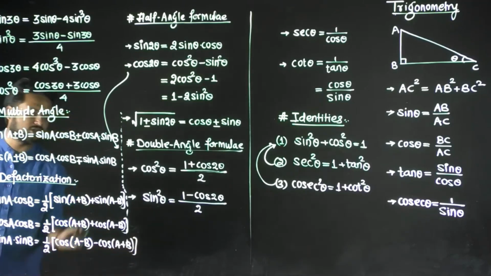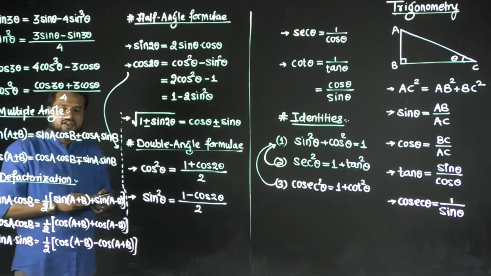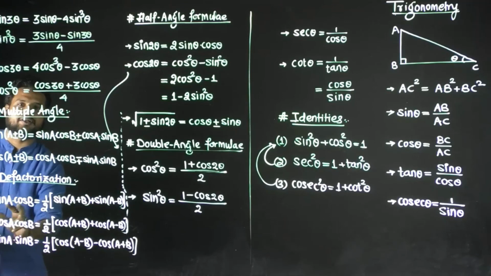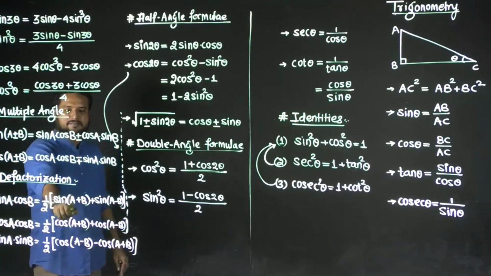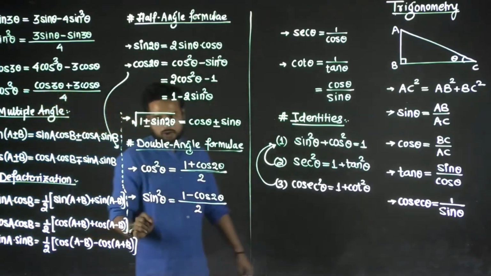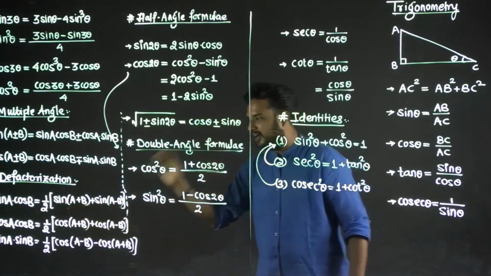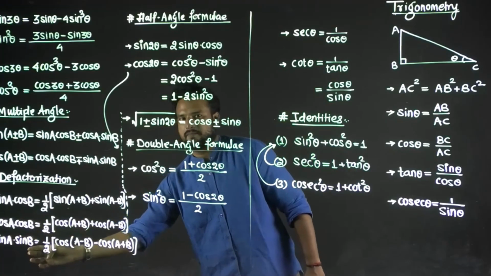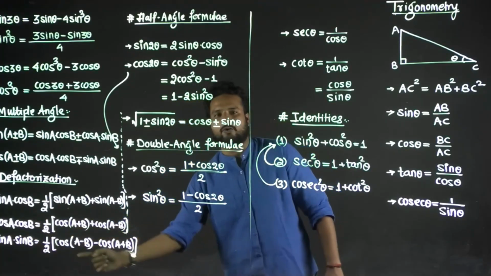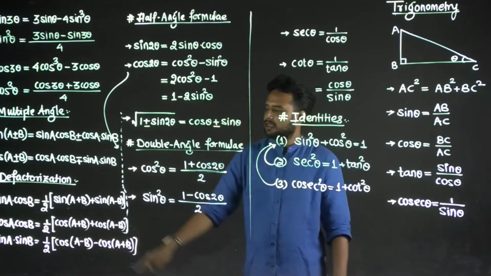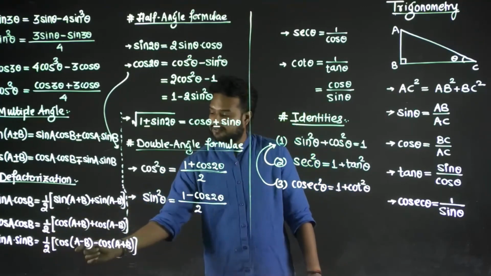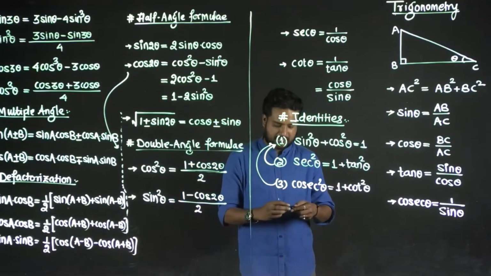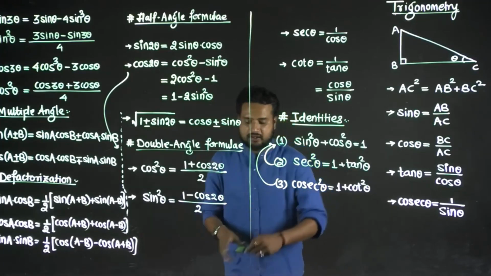So basically the bottom line I can say is this. If I do have two different trigonometric terms, sine and cos, then my answer will have sine terms involved. And if I have similar terms like cos cos or sine sine, then this formula is going to include cos. Clear? That last one is sin A sin B, in which we have A minus B first. Please keep this in mind. Okay, so these are few basic formulae.